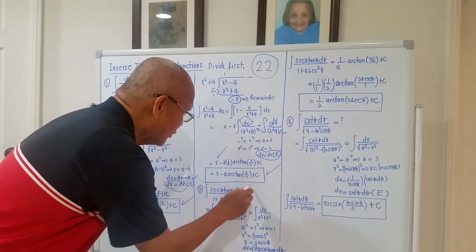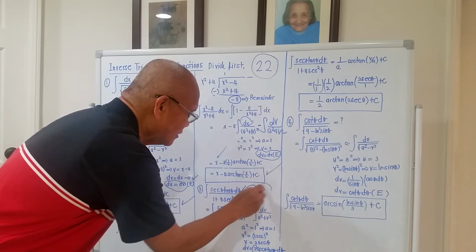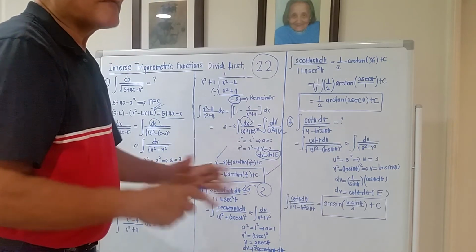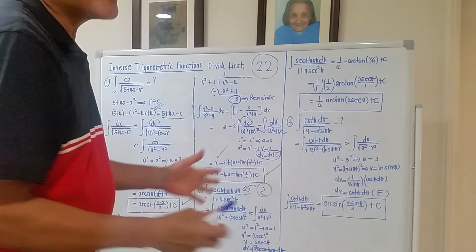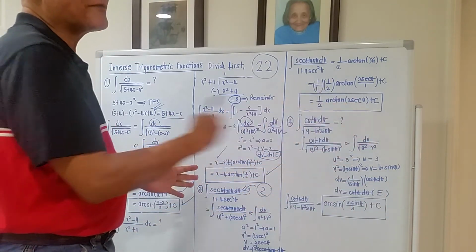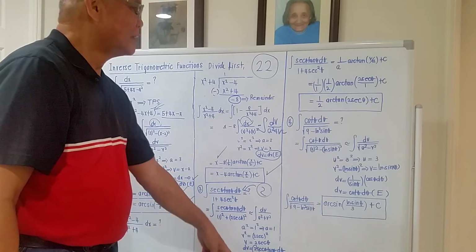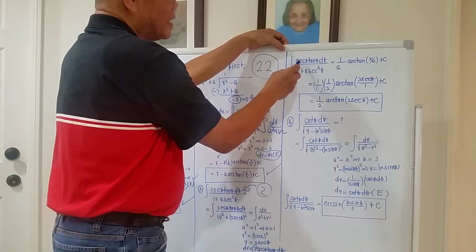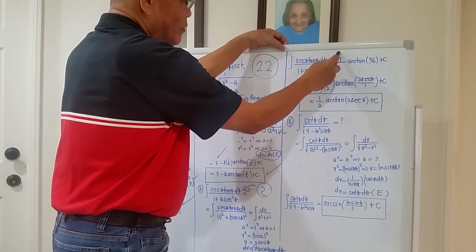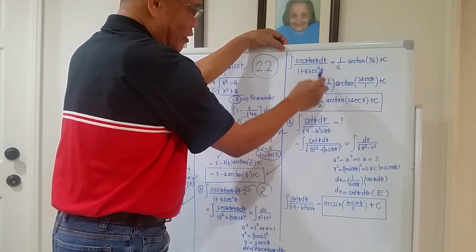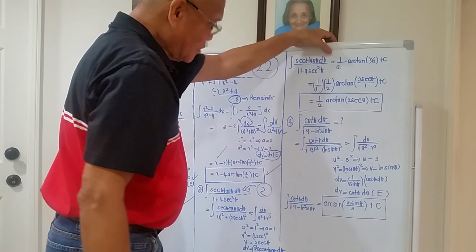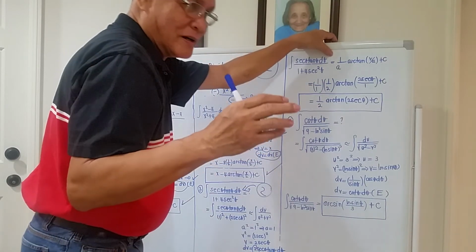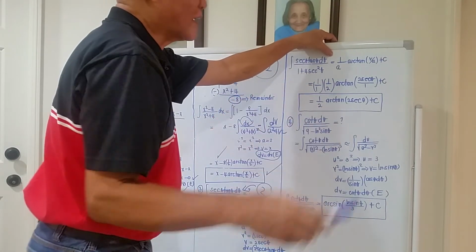Okay? We got no 2 in here, so there's no problem. We could offset this one by placing 1/2 outside, the reciprocal of 2. Therefore now, the integral of secant of theta, tangent of theta, all over 1 plus 4 secant square of theta is equal to,